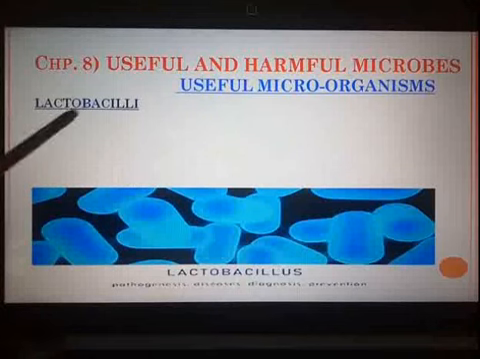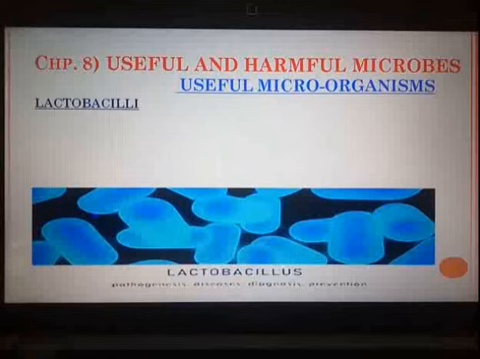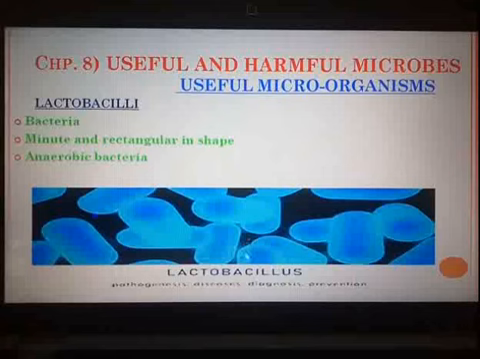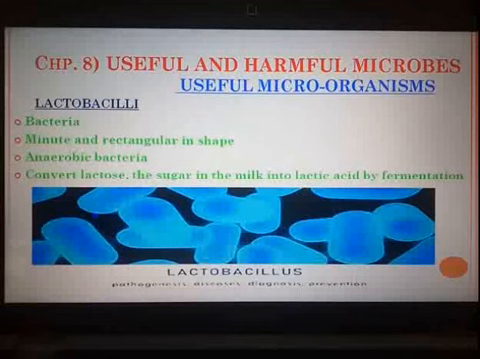Lactobacilli, look at the word lacto. Lactobacilli are bacteria which are minute and rectangular in shape, and can be seen only under the microscope. They are also called anaerobic bacteria because they produce energy without the use of oxygen. The word lacto is used because they prove very important in the dairy industry, as they convert the lactose, the